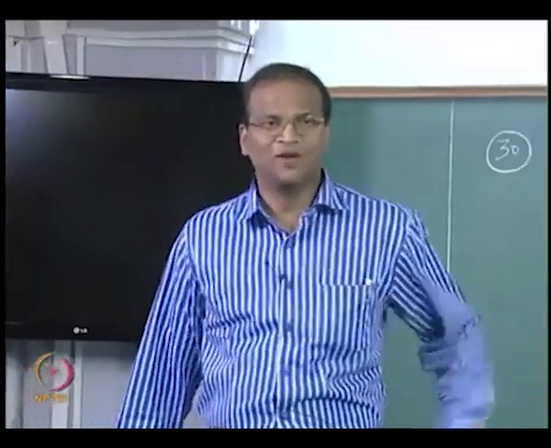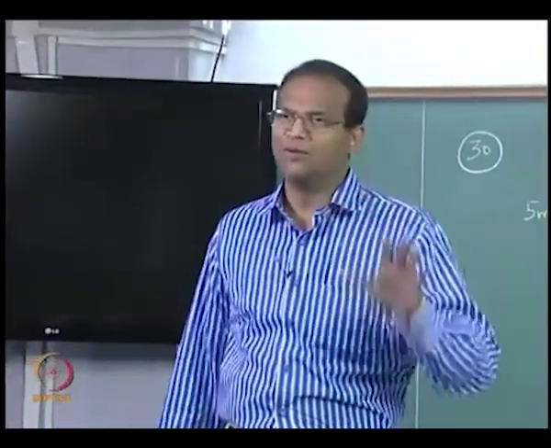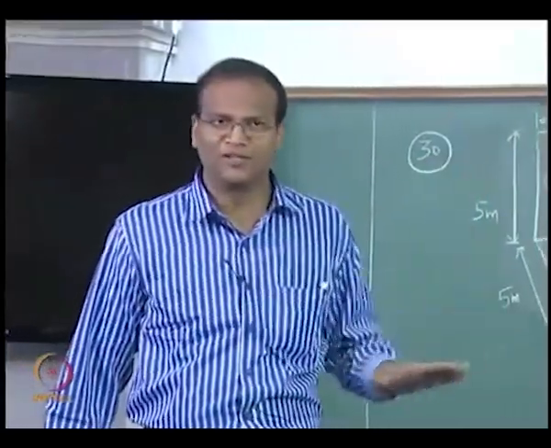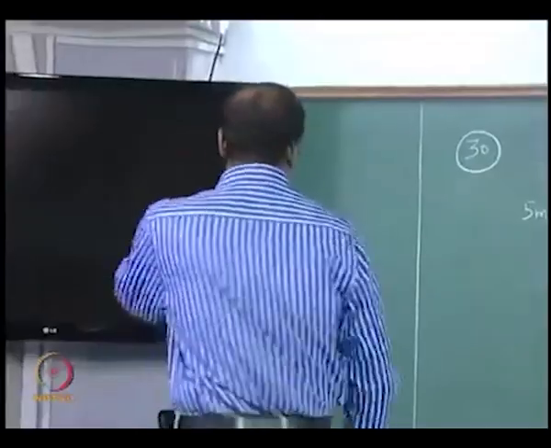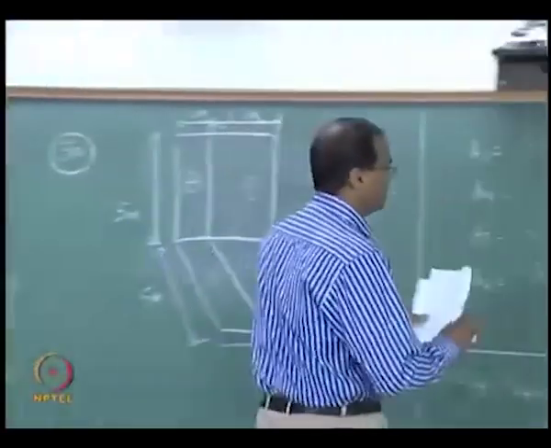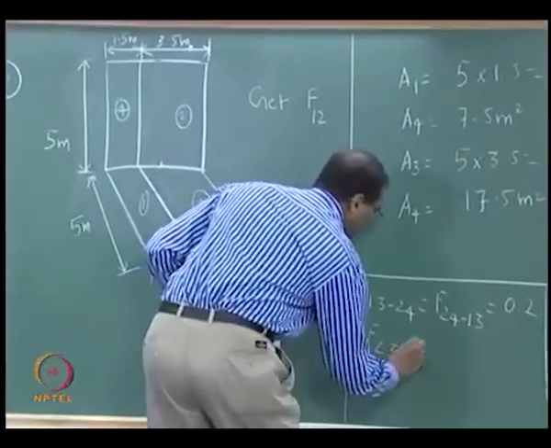30 to 40% is over now. So regardless of the difficulty level of the problem, all of you can do up to this stage, right? No great thing involved. So if you do it systematically, at least we will know that you are able to follow. For F23 equal to